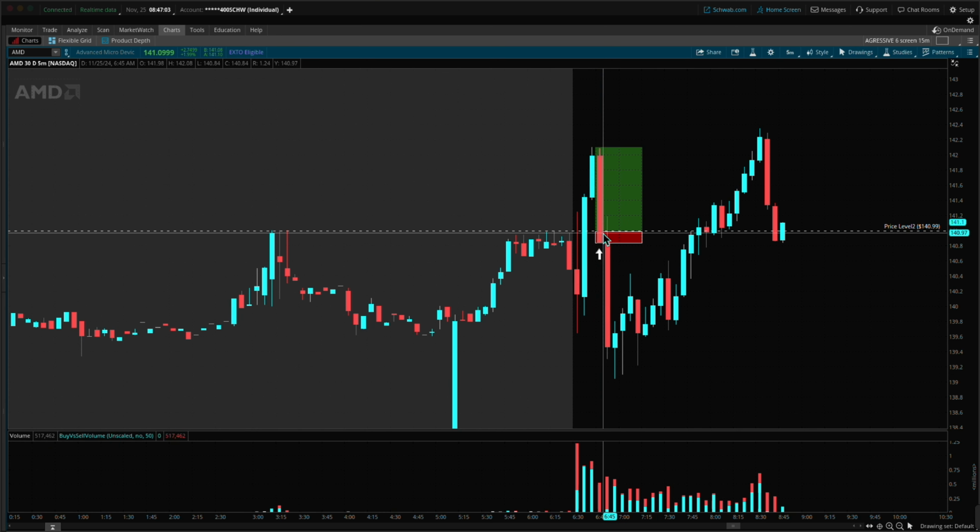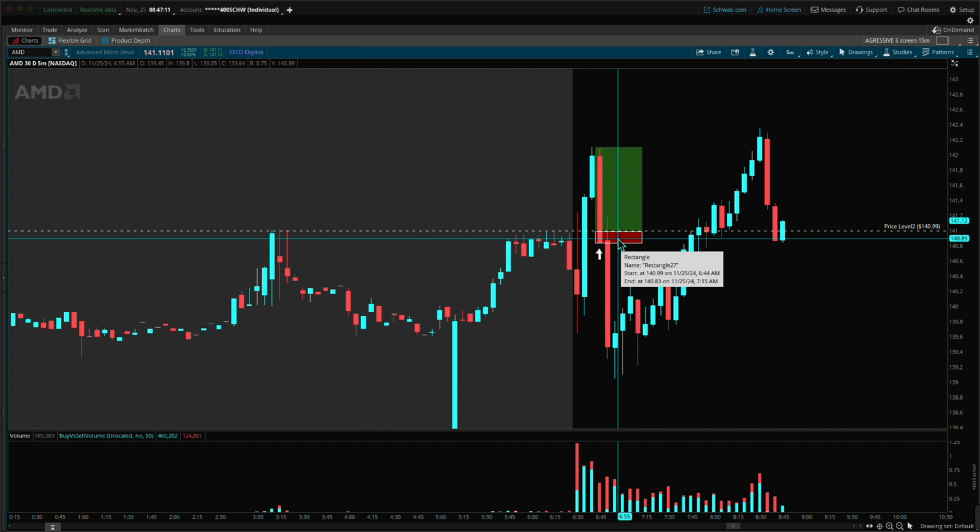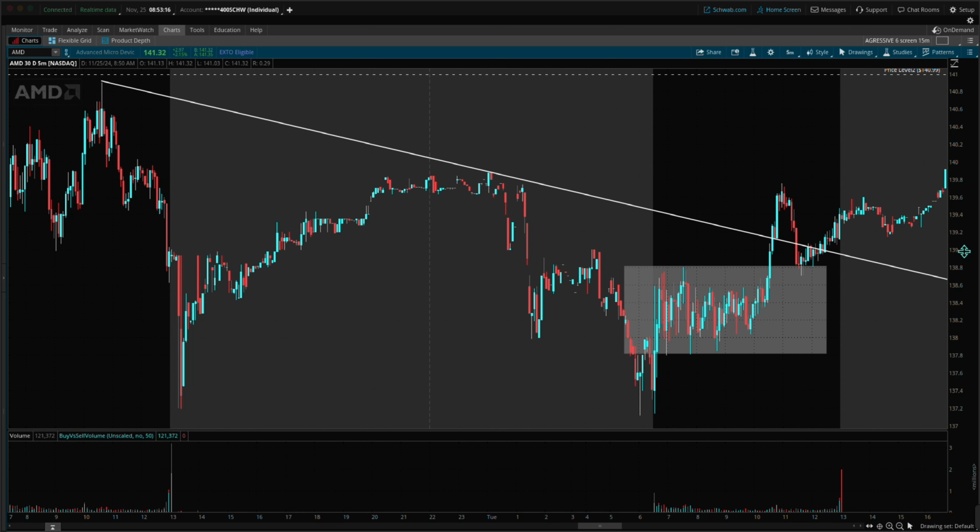So if you were to enter on a retest here and hope that this candle gets a long wick to the downside and closes above your support, then we most likely would have rocketed. But in this case, guys, you get a candle close below and you need to just exit and cut for a small loss. So let's talk about this AMD setup, reading the price action and understanding the break and retest here